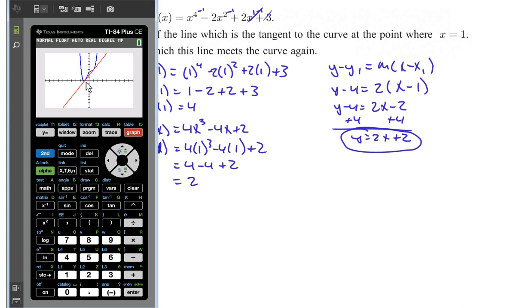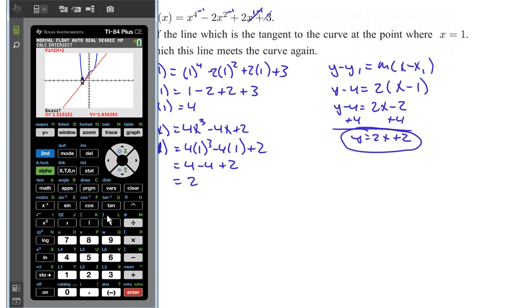At 1, and also looks like it might be at maybe negative 1. So that we can actually find out for sure. Second trace, which is calculate. Number 5 is the intersection. Let's get over here closer to that point. I always like to put it not right on top of the point so I can actually see the cursor move. So enter, enter, enter, and we get,